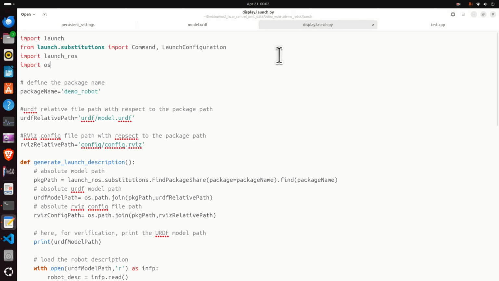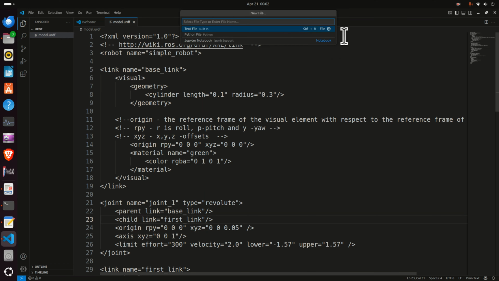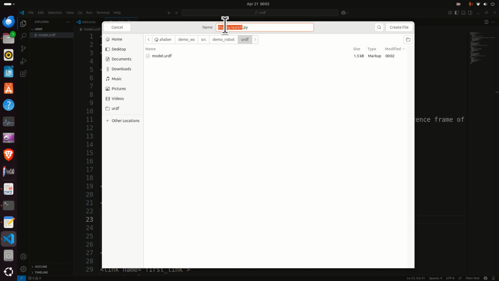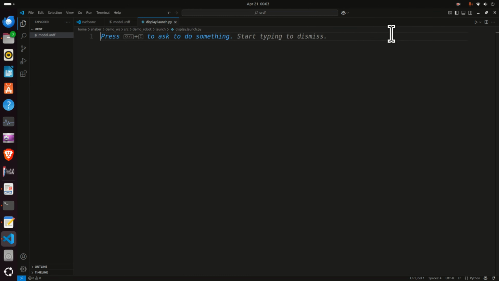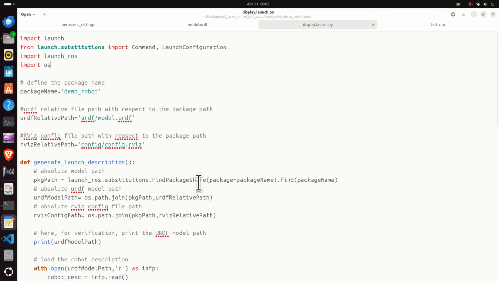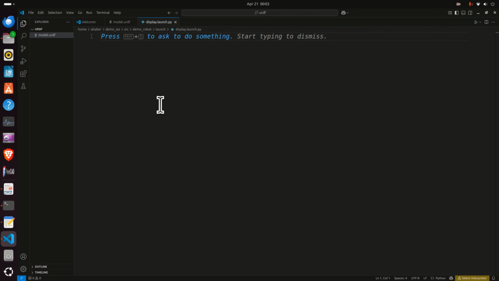Okay, so let's create an empty file. File, new file, and let's call it display.launch.py. Here it is, display.launch.py, and let's save it in the appropriate folder. Go to the package folder, go to launch and save it over here. And again, to save time, I'm going to simply copy and paste the content of the file that I wrote